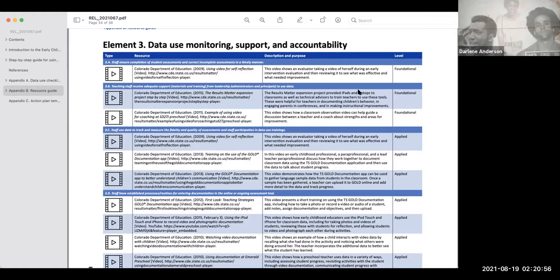Retrieved January 23, 2019. 2.g. Staff use data to manage programs, professional development, curriculum, district-level policies, resource allocation, and inform decisions